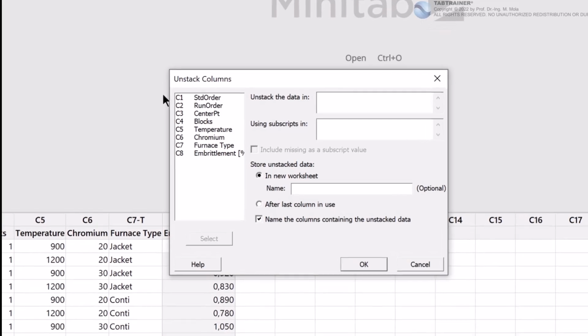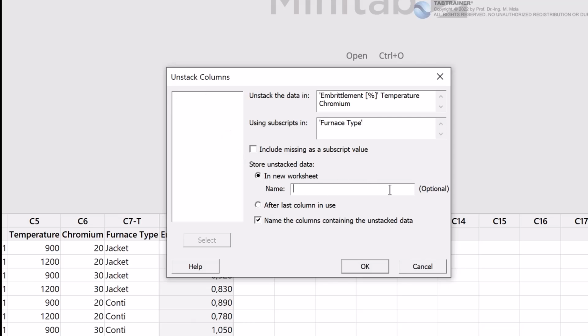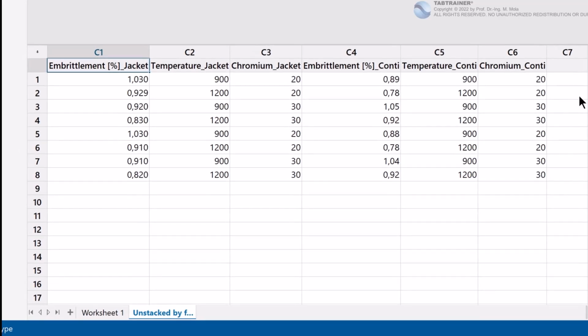First of all, we want to unstack the data from the columns embrittlement proportion, annealing temperature, and chromium content. And these are to be unstacked, first of all, according to the factor levels of our main factor furnace type. And we therefore enter in the input field, using subscripts in, our main factor furnace type. This unstacked data set according to the furnace type is then to be displayed in a new worksheet called Unstacked by Furnace Type. We confirm our entries with OK, and we receive a new worksheet with the name Unstacked by Furnace Type,